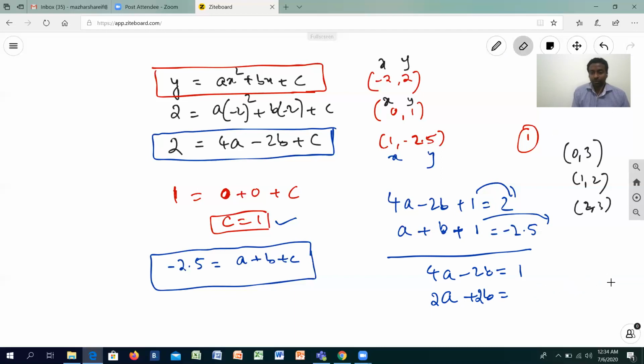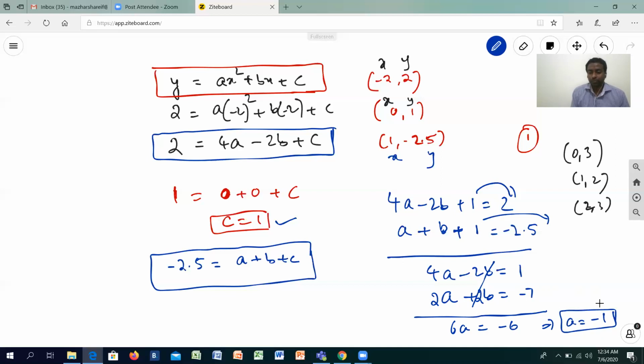So write the change over here directly. Now for direct cancellation, if they had been the same sign, we would have taken the opposite sign to the below linear equation. Since they are different, adding will reduce this to a single term rather than 2, giving negative 6. So now my a value is nothing but negative 1. What I'm going to do with this a value is substitute it in any of these, and you will get your corresponding b answer along with the c, which we already got.